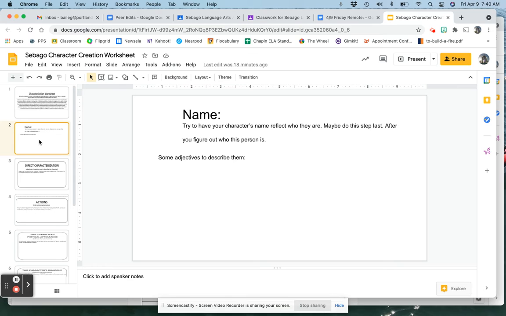If it's a weak character, you want to give them a weaker name. Things like that. Stereotypically weaker. Maybe your character starts out stereotypically weak but becomes strong, and that name completely changes. And it might be a good idea to do this step last, after you've created the character, then give them a name.